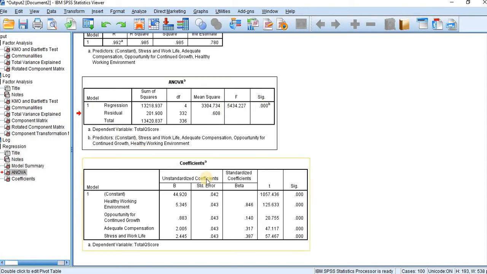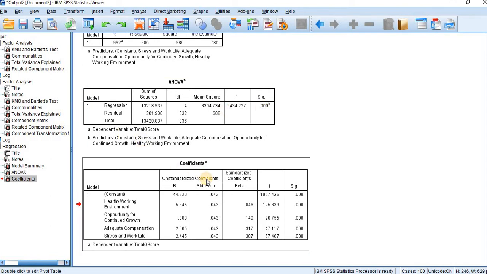Let us move to the coefficients table. The constant, healthy working environment, opportunity for continued growth, adequate compensation, all together the significance level is less than 1%. This model is perfectly fit.